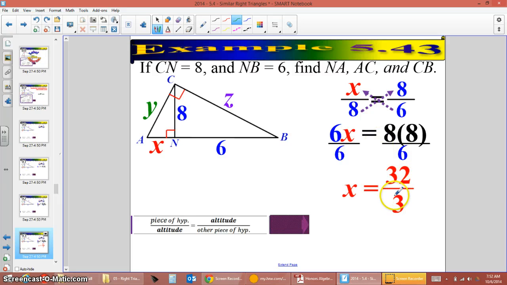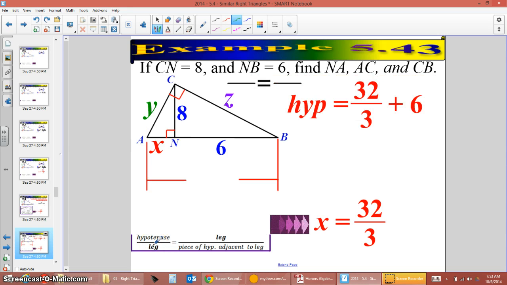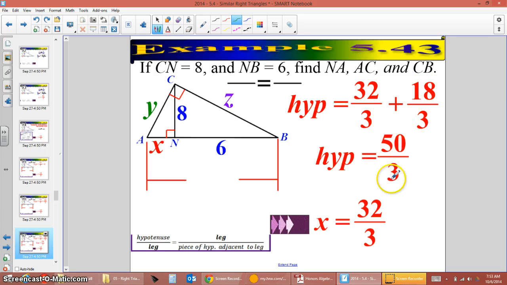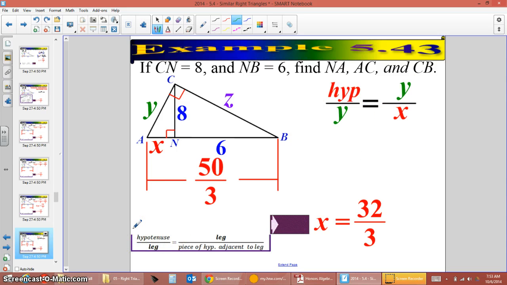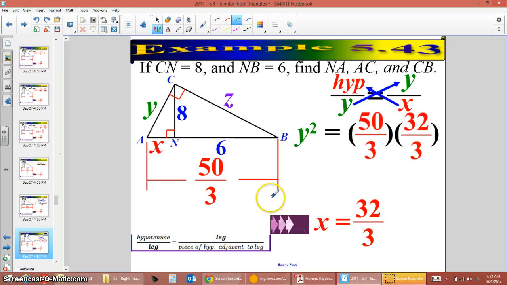That's x. So since x is 32/3, now I can use, I still have the altitude, but I also have the entire hypotenuse, and I want to find out y. So now I'm going to use the leg formula. The whole hypotenuse is 32/3 plus 6. I convert that into being a third. I combine them together, and I put 50/3. That's my full hypotenuse. So that's what's going to go on the top of this fraction right here. So I say cross multiply. I get hypotenuse times x equals y squared. That gives me